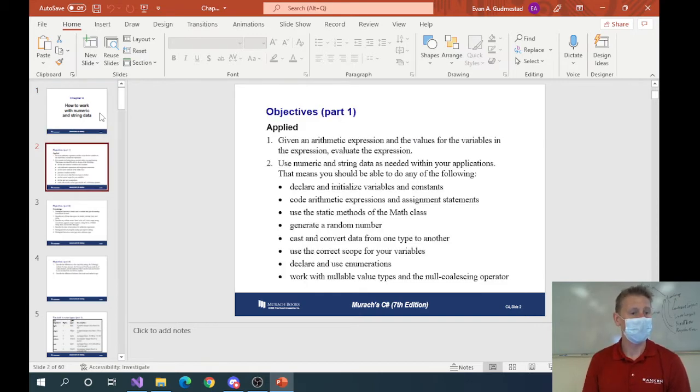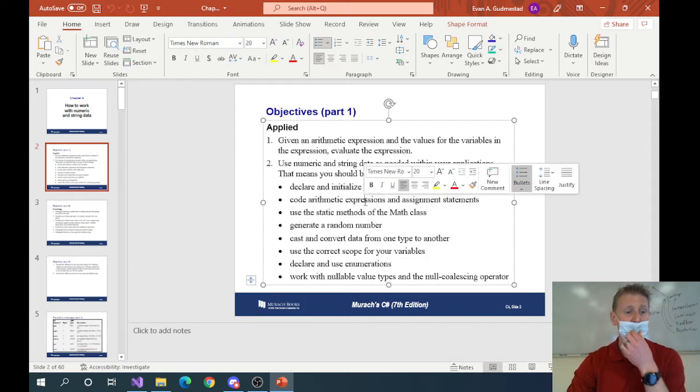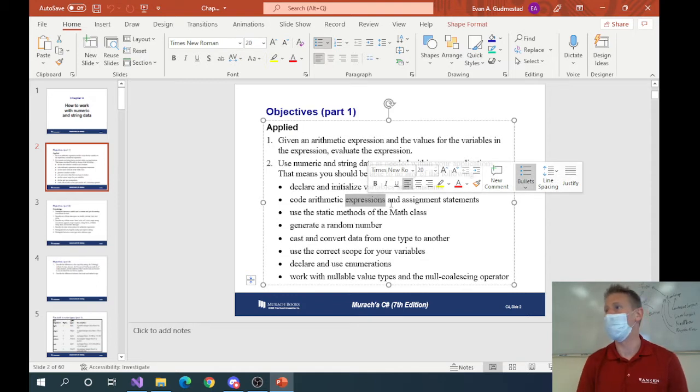So, we're going to review some data types and introduce a lot of new stuff here. So there is some review, but there's a lot of new stuff. And so when you look at some of these bullets, like, yeah, we've done this, we've done this. We need to dive a little deeper into how math works in C#. There's definitely some things that we haven't covered. And like in your math class, it works one way, but when you do some math in your code, it might actually work a little bit different.